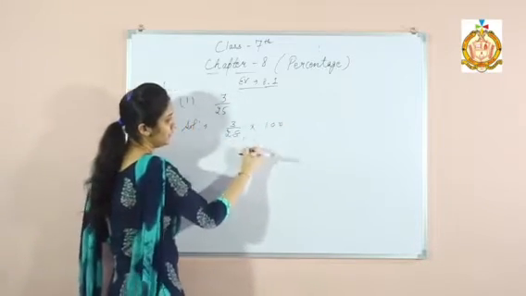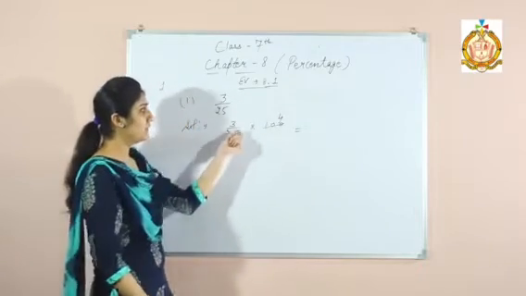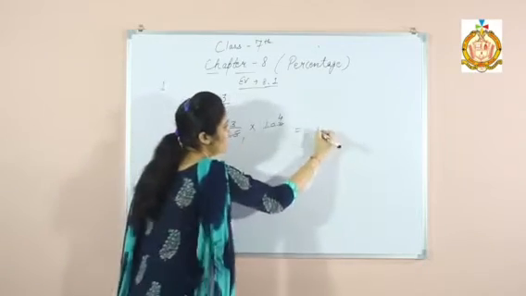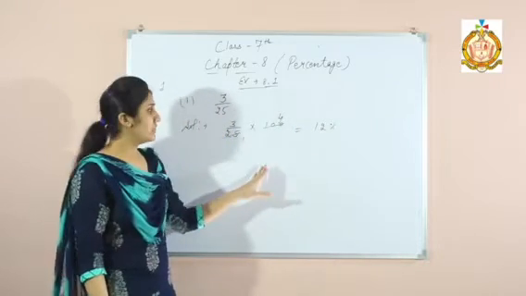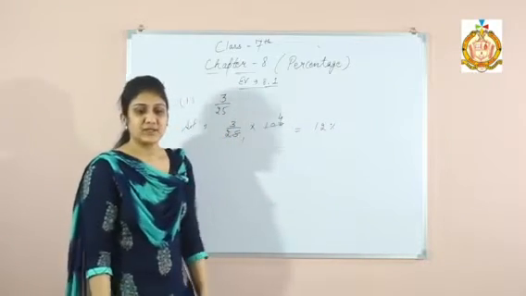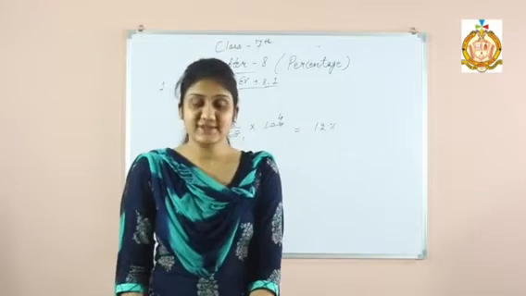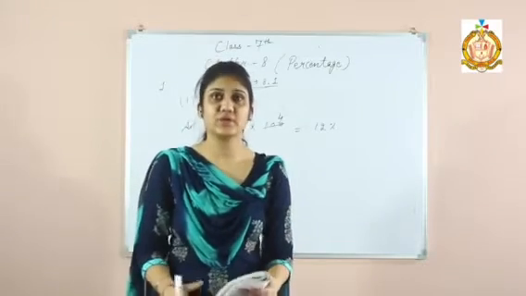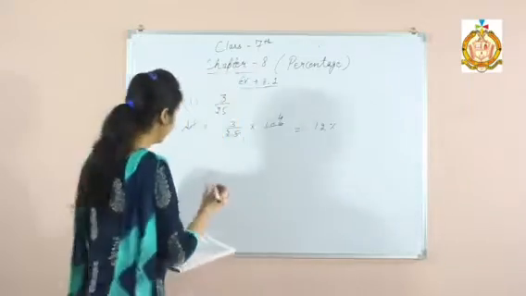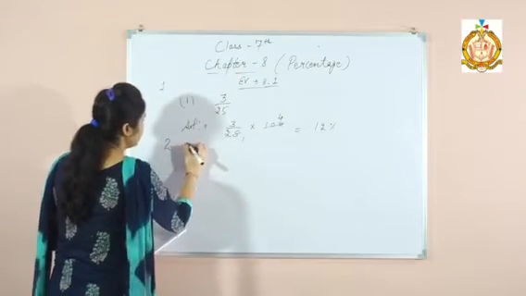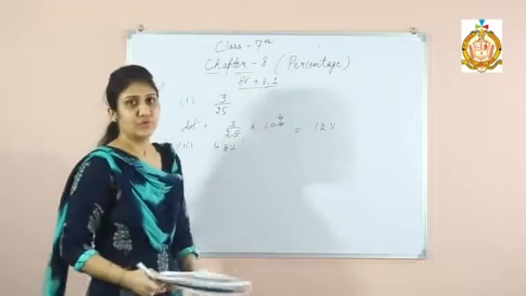Here 25 on the one and here 4. After multiplying, you will get 12%. So after solving the fraction, you will get the answer. Now in the second part, we are given convert the following percentage into fraction. So we have to convert now the percentage into fraction. I would do the second part. We have to convert 48% into fraction.